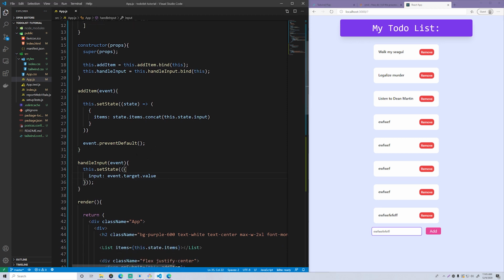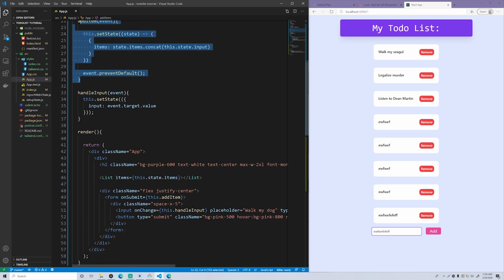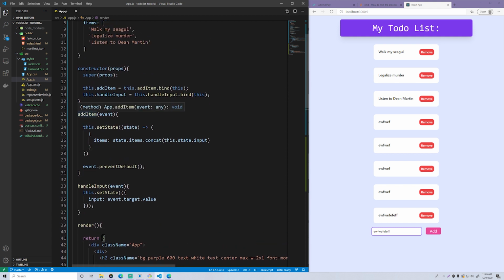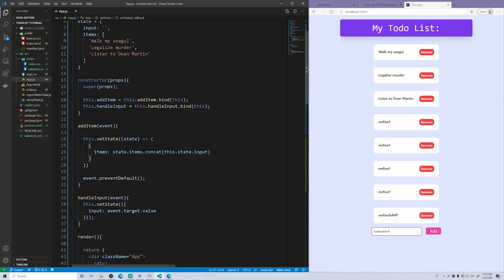And then we have the second function, which handles the onSubmit for this form. Whenever you click the add button, this form is going to submit, and that event is going to be passed to the addItem function. That function also uses the setState function, except this time it's going to set the state of the items by replacing the current items with the current items plus what you just grabbed from the input box. So all you're doing is adding on to what you currently have by using the concat function. And then of course you have the event.preventDefault method being called, which stops it from deleting itself basically.